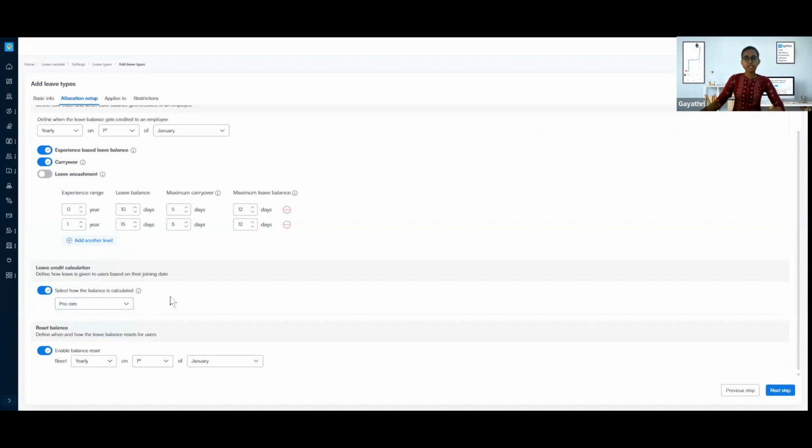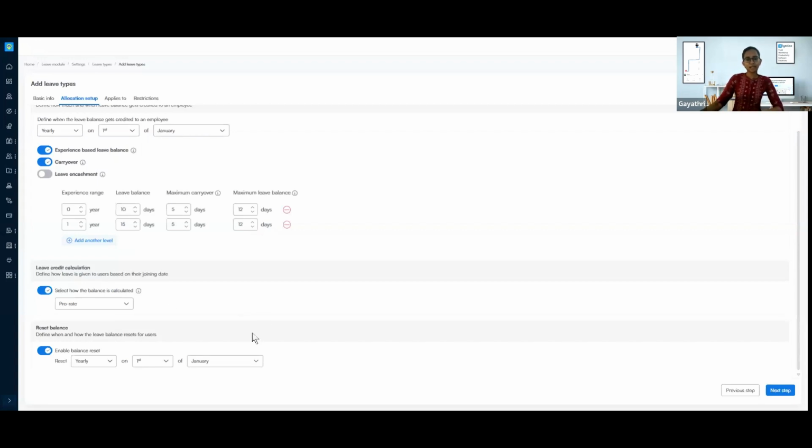But if I give prorate, then only for the balance period that is available, they will get the leave credited. So through this particular functionality, we will classify every user. If a person is joining, let's say almost when the year is going to end, they should not be eligible to get the full 10 days of credit, equivalent to the already existing employee. That is why we have this prorate and full credit option. Through this, we define the exact number of days based on the date of joining.